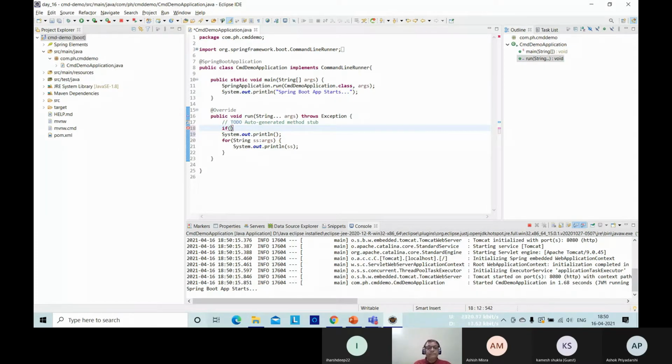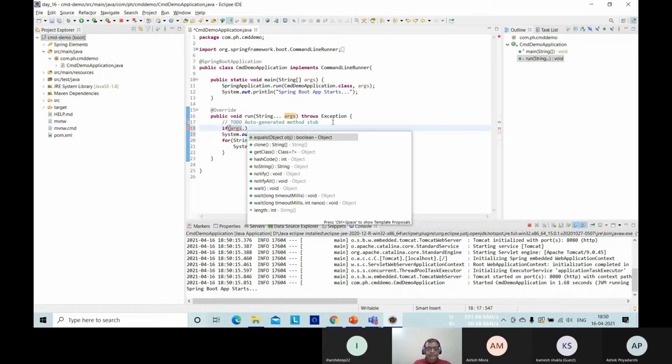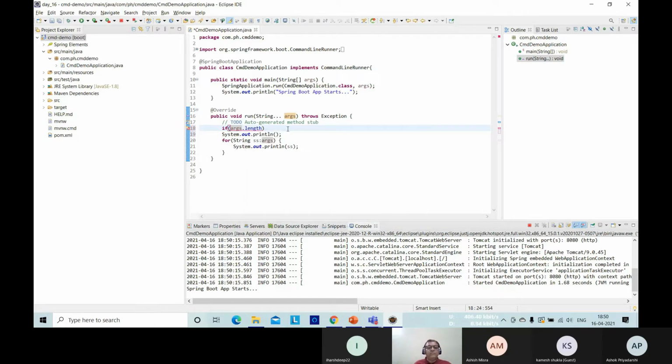If args.length is equal to 0, that means no argument has been supplied. No argument is applied.